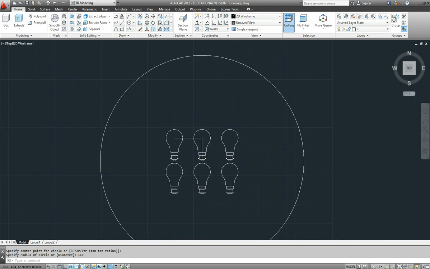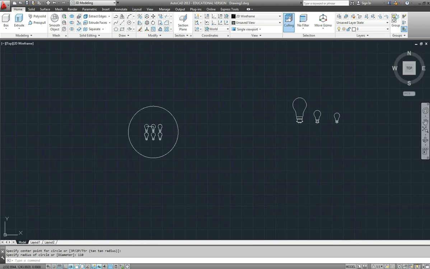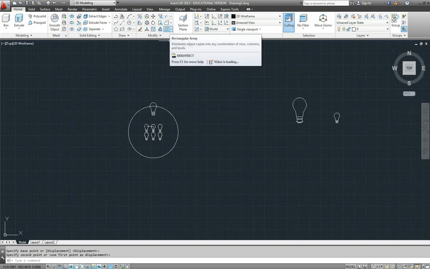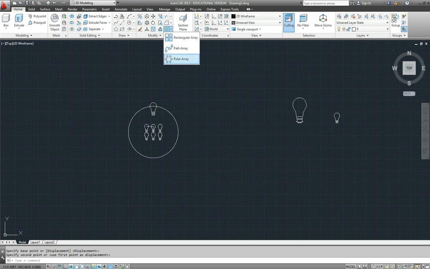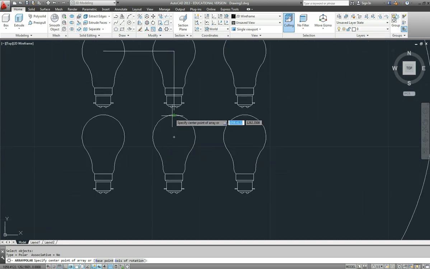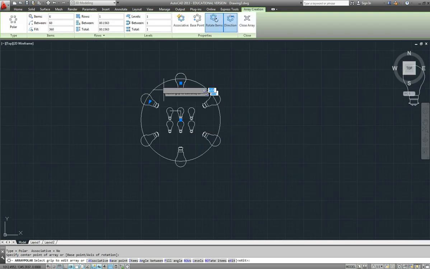So there's our construction line, and what we need to do is to place the light bulb that is a 0.5, so that's that guy there. We'll move this one, pick it up at its center, place that on our quadrant there, and we're ready to do the array. Now we'll pull down the array option here to show a polar array. Once again, select the objects, and the center point will be the center of our circle,